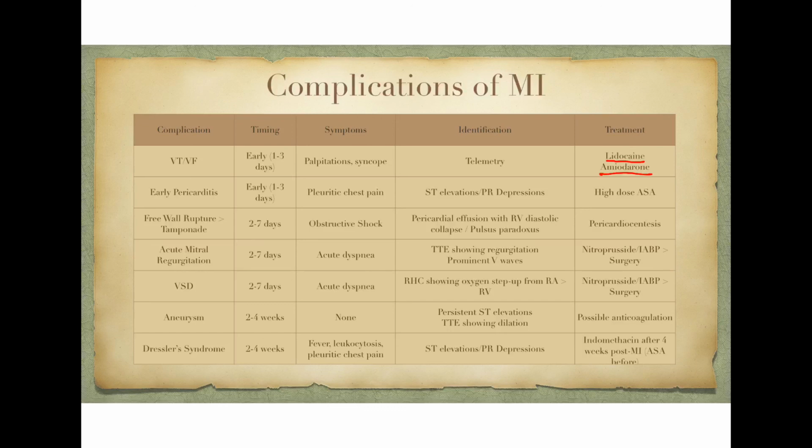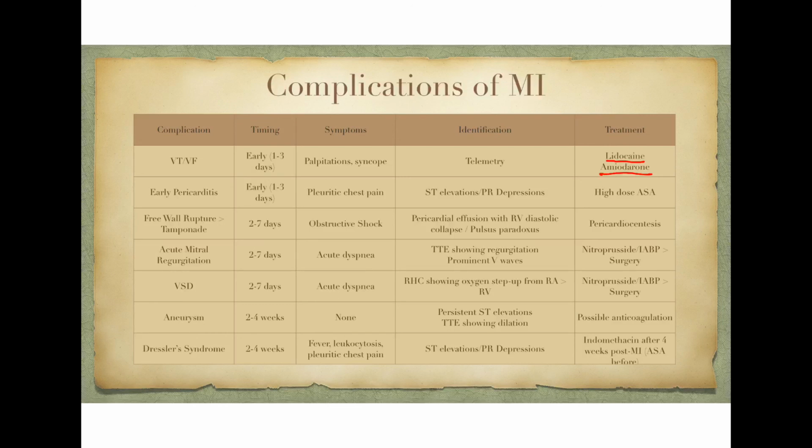Finally, if the septal wall is involved and that ruptures, it can lead to an acute ventricular septal defect. These patients will also present with acute onset of shortness of breath. If they have a right heart catheter in place, you'll see an unusual step up in the oxygenation, the saturation, from the RA to the RV, because oxygenated blood from the LV is flowing into the RV. These patients also need acute afterload reduction with nitroprusside drip and intra-aortic balloon pump, and again, the only definitive treatment